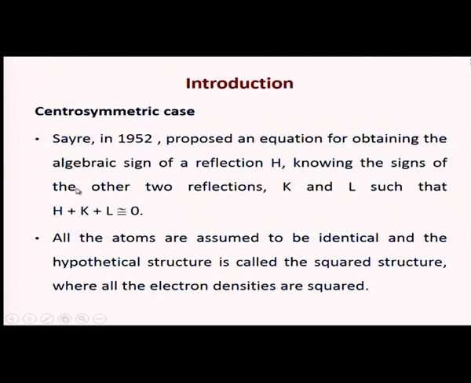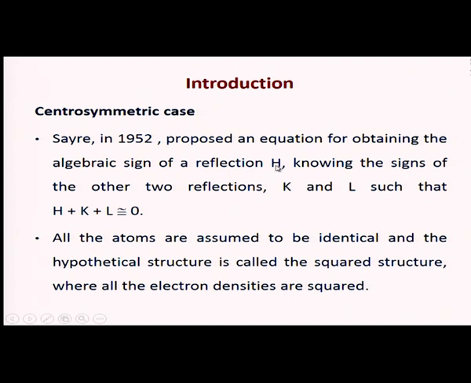Whenever they have 0 or pi, the structure factor of a reflection, as we have already seen, is F of h equals modulus F h e power i phi h. When you substitute this phi h as 0 or pi, your F of h becomes plus or minus modulus F of h. So in the centrosymmetric case, you can talk either in terms of phases 0 or pi, or in terms of the algebraic signs plus or minus to be assigned to the amplitude of the structure factor, which you get from experimental intensities. David Sayre in the year 1952 proposed an equation for obtaining the algebraic sign of a reflection